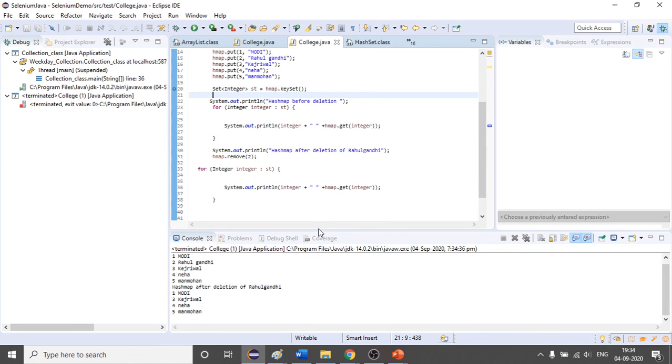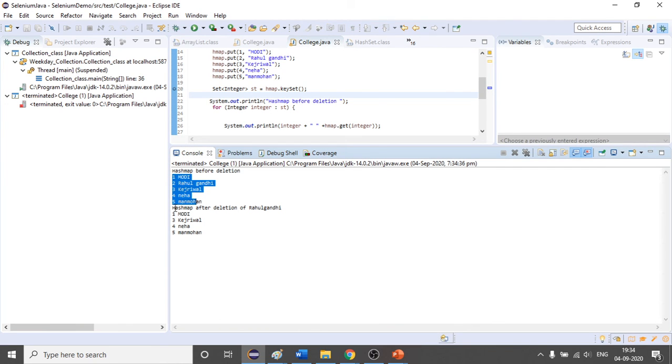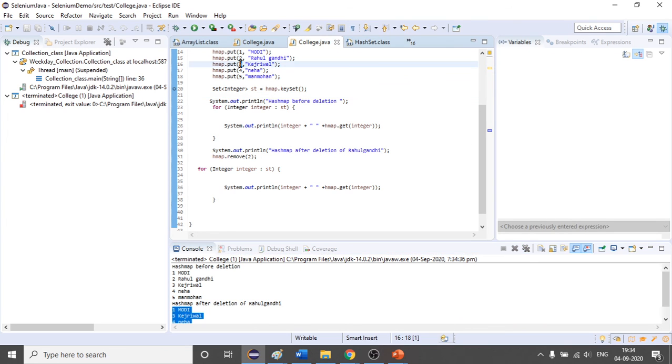Okay, see, it has worked correctly. Hash map before deletion, these were our key value pairs. Hash map after deletion of Rahul Gandhi. So this Rahul Gandhi has been removed from our hash map. So you can use this remove method to delete one element from our hash map with the help of the key.